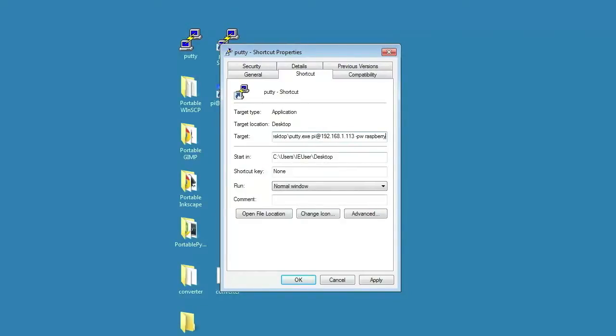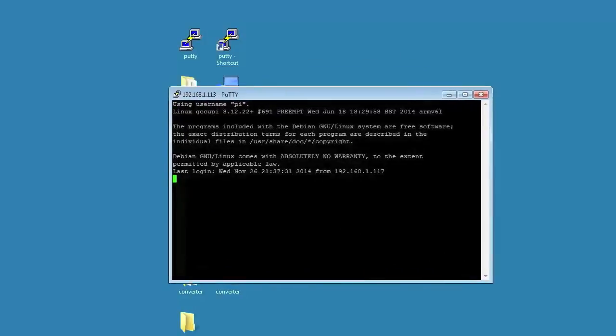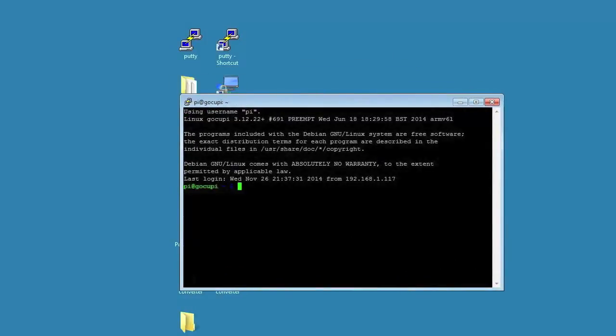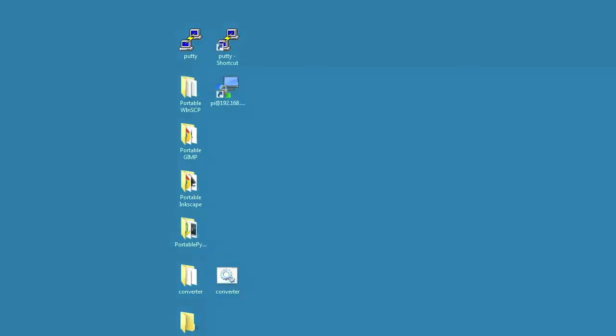You may have to have quotations around the path name. Nope, there it goes. Alright, so that's how you can set up auto login for your SSH using PuTTY and WinSCP.